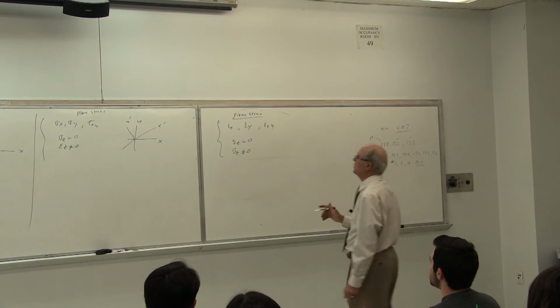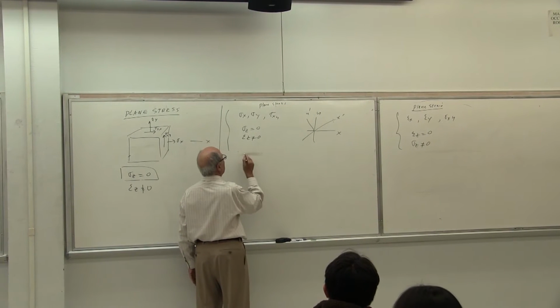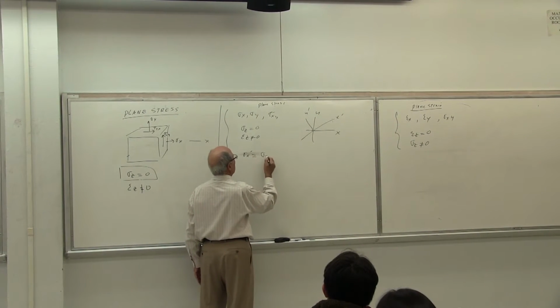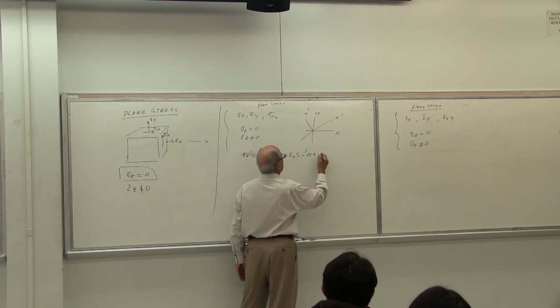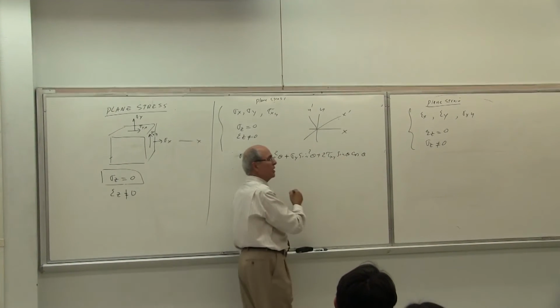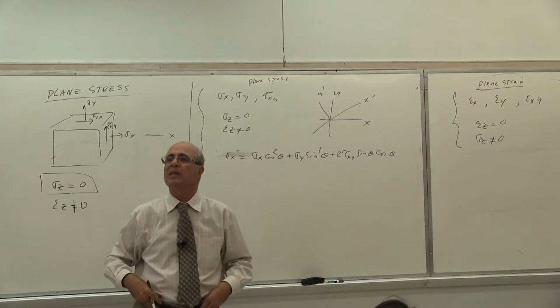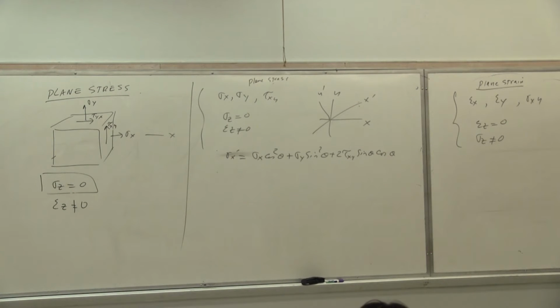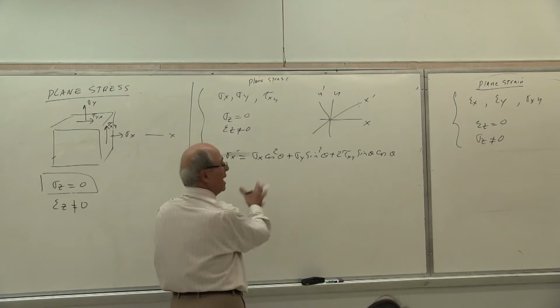So if this is the case, this equation, by the way, when we throw in the Mohr circle equation, or let's not do that. Sigma x prime, for example, was equal to sigma x cosine squared theta plus sigma y sine squared theta plus 2 tau xy sine theta cosine theta. First we got that equation, then another equation for tau x prime. Then Mr. Mohr turned them into a new format. Is that correct? Because he changed all the thetas to 2 theta, etc. But that is equation 1, at the beginning of chapter 1 for stress. We have to come up with a similar equation. If I get exactly the same equation, I can follow exactly the same routine.